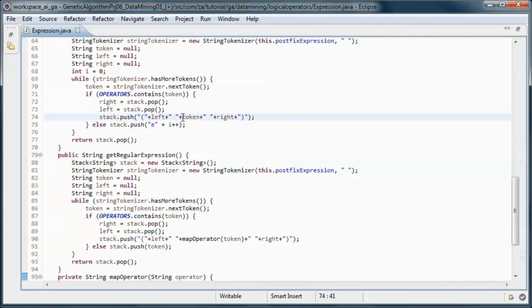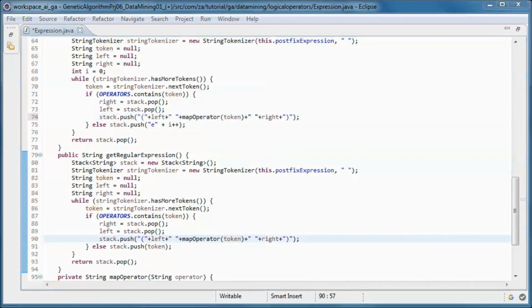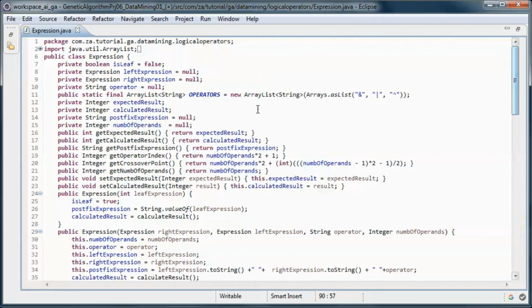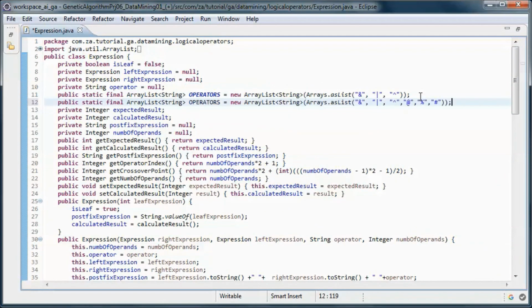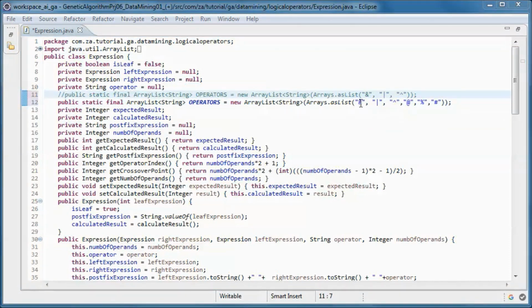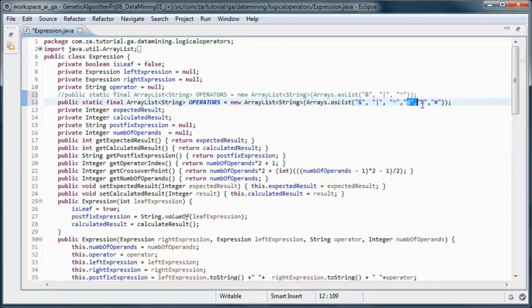And let's use the word representation instead of the symbol, same as here. And let's go up here and here. Now we have all 6 of those operators.